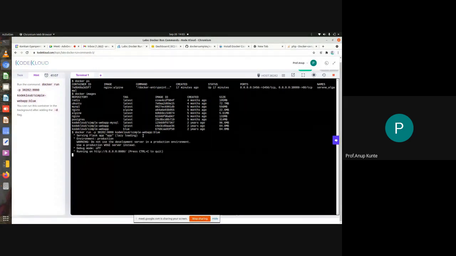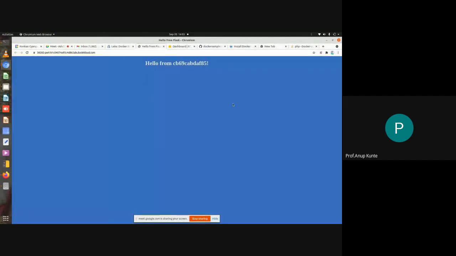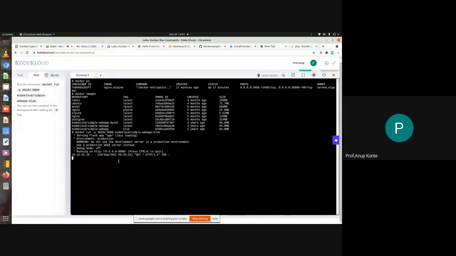So earlier steps are not shown. And now if I click here, you'll find that this application is running on the 38282 port. This is a URL that maps that particular URL colon port number to 38282 on the host whose terminal we are accessing. So this is how you do port mapping. I mapped port 38282 with port 8080 on which this image is running.